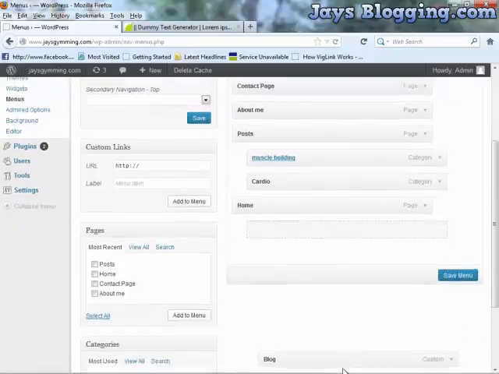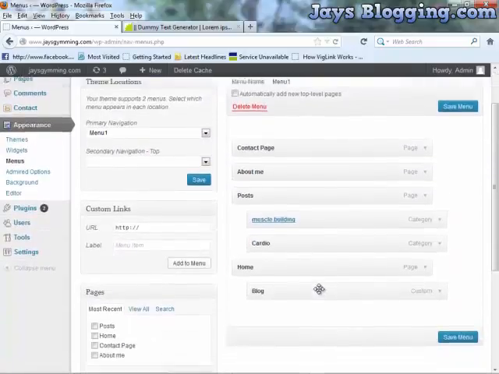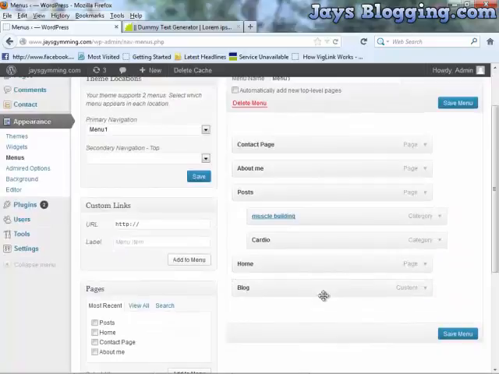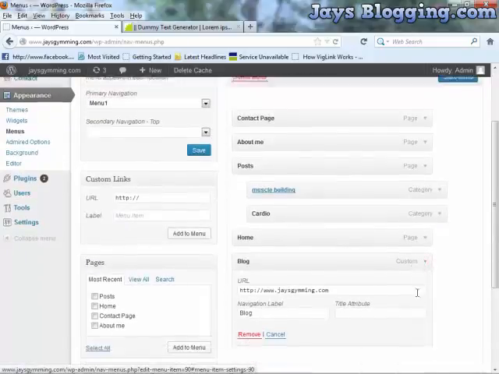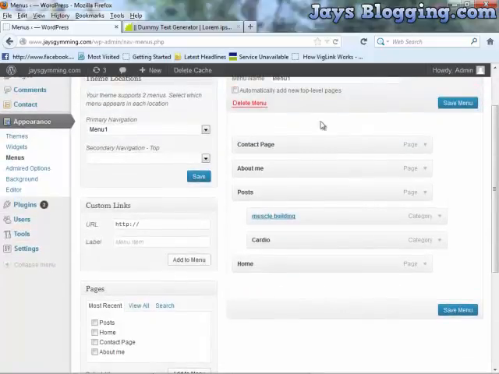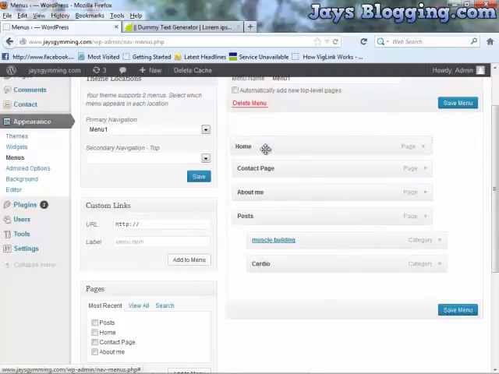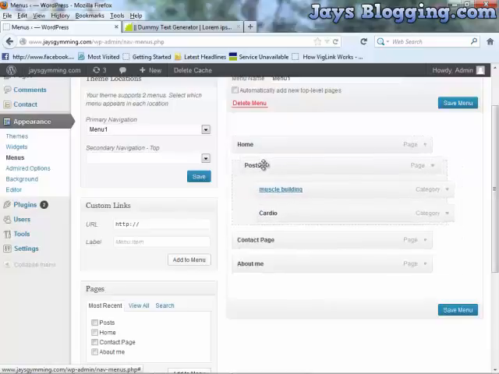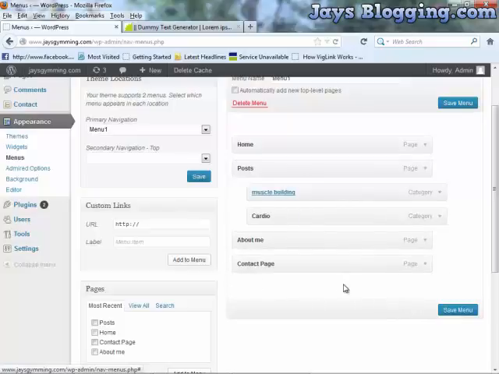Blog we can finally get rid of. Remove, and we just want to make this look a bit smarter. So obviously we want the home page first, then we're going to want posts, about me, and contact. That seems like a much better order. So click save menu,